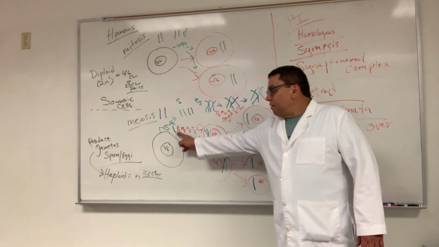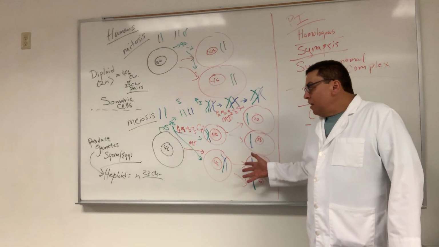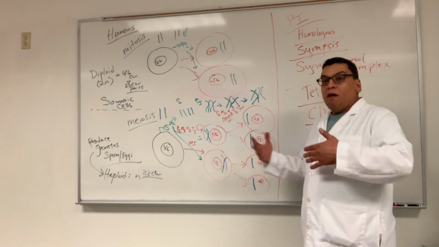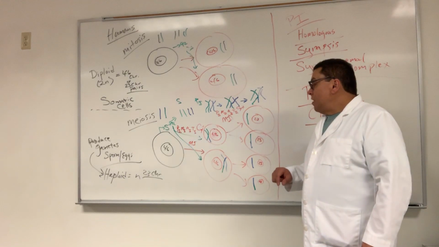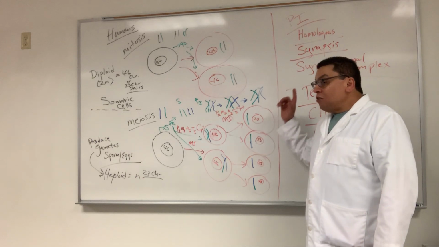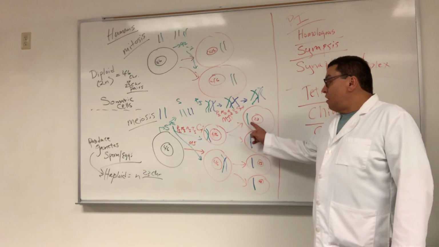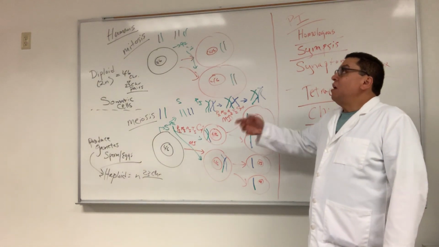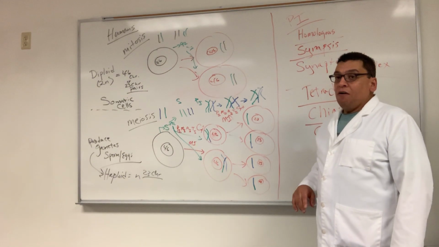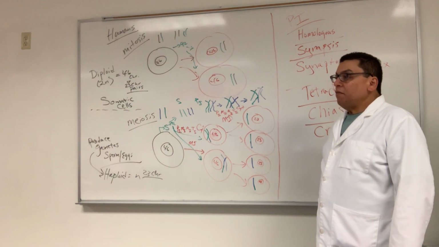So the shuffling, the lining up of these homologous chromosomes and the tetrads, and then when they separate, you can't predict which one is going to go where. And we're talking about not just one crossover event, but hundreds, maybe thousands of crossover events within one chromosome. We're only looking at one crossover, but chromosome 1 would have crossovers all over the place. There's a lot of shuffling going on. That guarantees that this one will be different from all three of these.